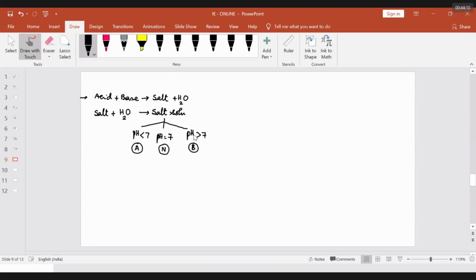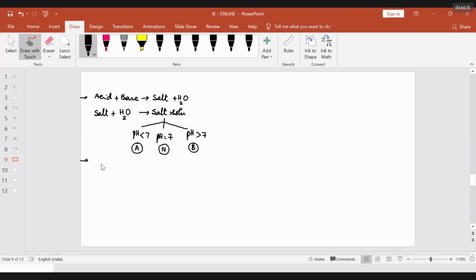What people say, and what IP books also say at a lower level, is that if a salt is dissolved in water, the resulting salt solution exhibits acidic, basic, and neutral properties. This process is known as salt hydrolysis. No, it's not correct. There is a big mistake. But for the IP examination, no problem, you'll definitely get a beautiful 4 marks. But for us, we'll get a beautiful -1 mark for that.